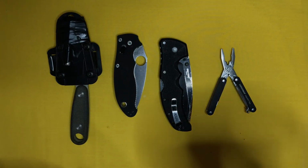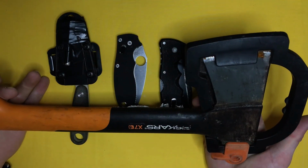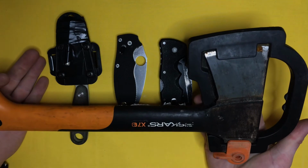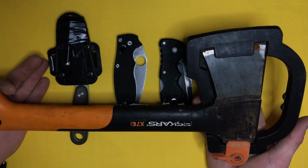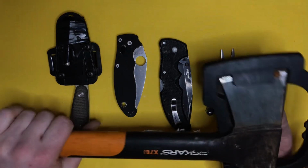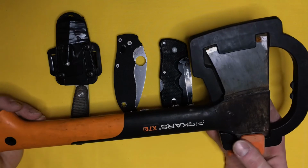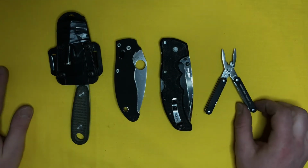But that's the thing where I can say, hey, is it worth paying 50 bucks for something like this? Are you fine just going with a $20 hatchet? Should you go up and spend $120, $150 on something a little fancier? Should you go spend 100 or 200 bucks on some nice hand-forged, beautiful Swedish axe, which, hey, I probably would and should. I tend to be pretty consistent with my EDC, but I'm certainly going to touch on the different